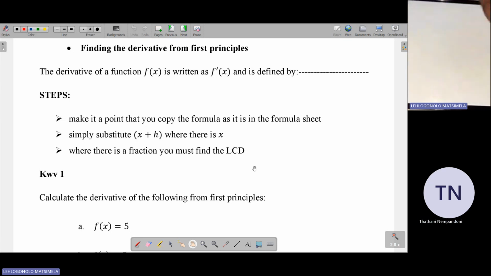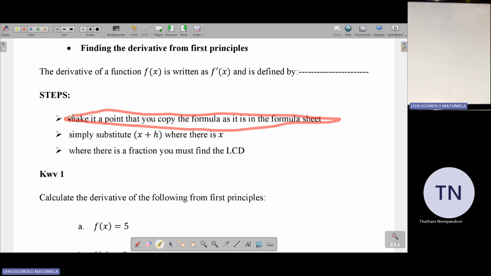Okay, now the derivative from the first principle. First principle is a formula that is prescribed, that you have to use to find the derivative. According to this section, there are 4 steps that you have to follow so that you can understand this. The first step is to make the point that